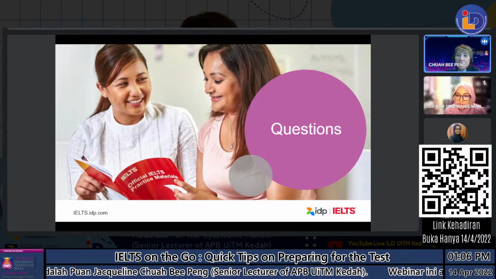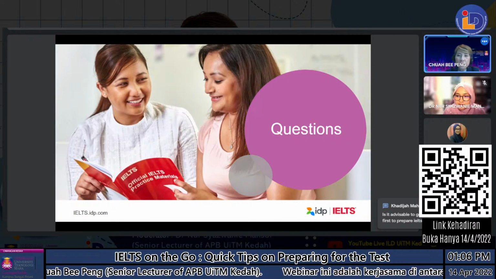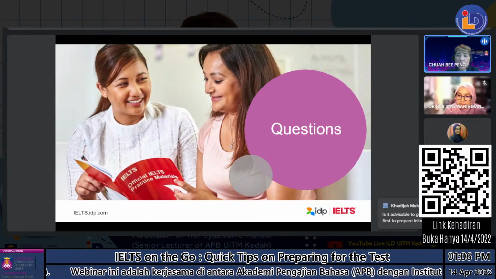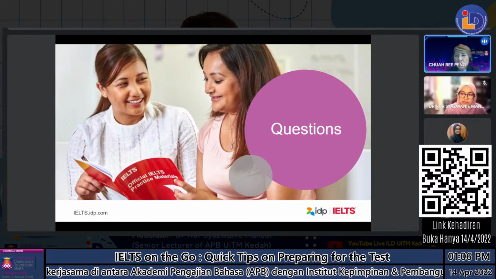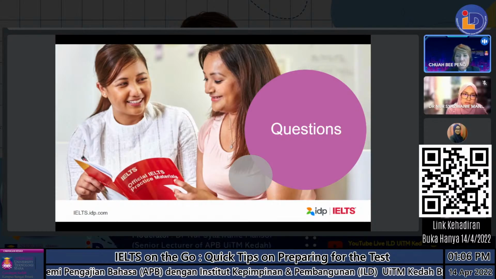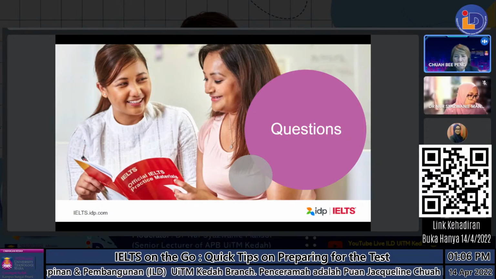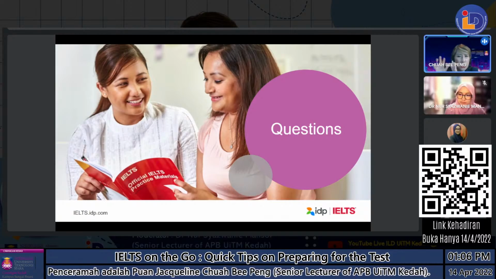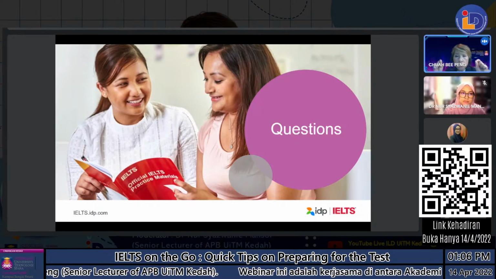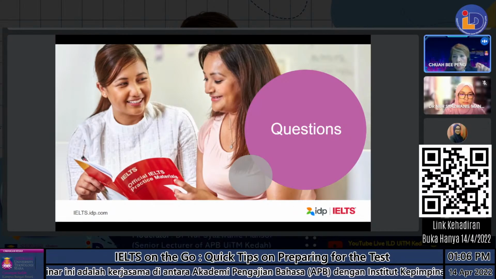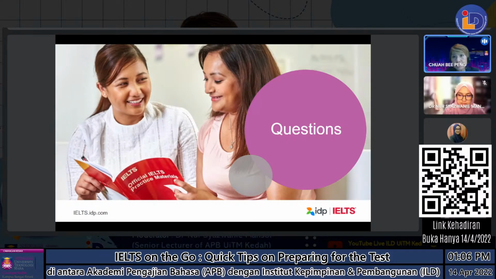Yeah, the schedule of the workshop is from 23rd to 25th. Should I go for a regular English course to prepare for IELTS, especially for a newbie? It depends on your time, Khadija. If you have a lot of time and you just want to improve your English language proficiency, then you can. That is a lifelong skill. But if you specifically want to target IELTS itself, it's more on test strategy. So you need to go for a proper IELTS workshop that caters specifically to the test strategies, because they will focus on the question types of IELTS.